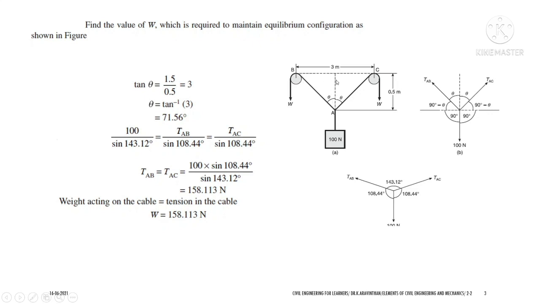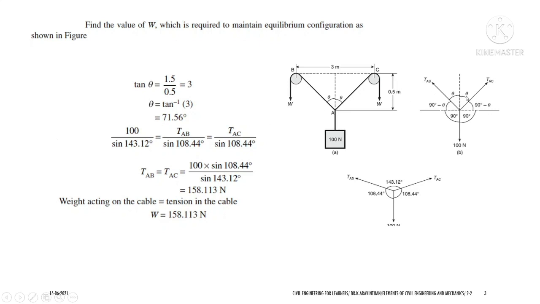So if you consider this as a right angle triangle, you can take opposite side by adjacent. So opposite side will be exactly 1.5 meter, and 1.5 divided by 0.5. So tan theta, if I am applying 1.5 by 0.5, I will be getting 3. If you take tan inverse, I will be getting 71.56 degree. So this will be the angle. So this is the theta, which we found as 71.56 degree.